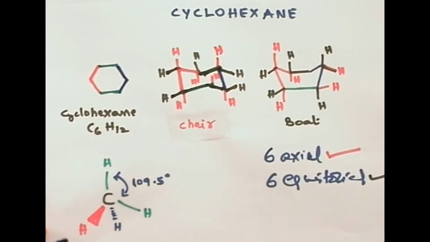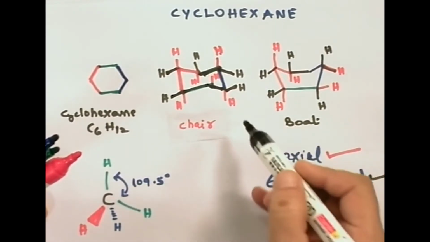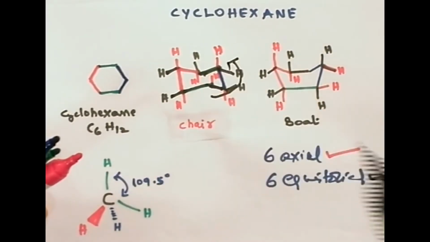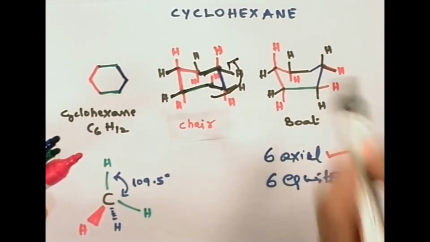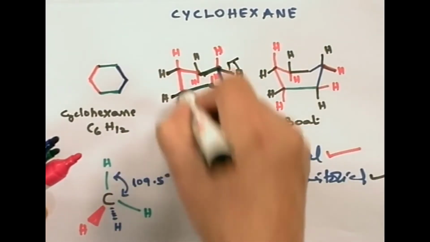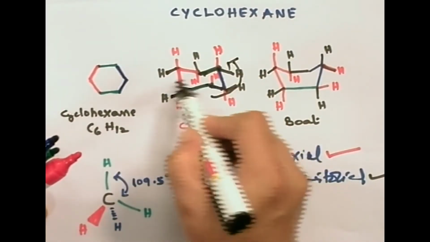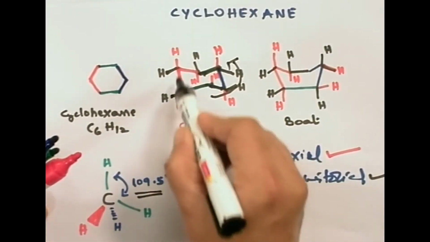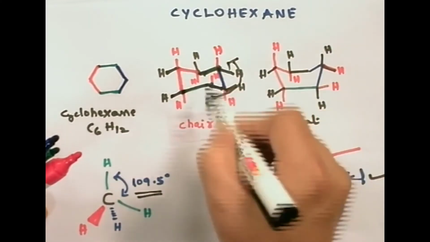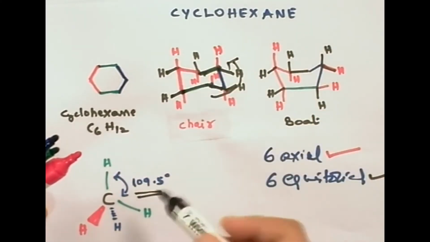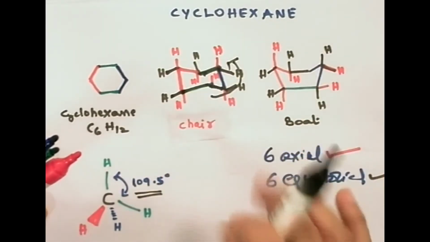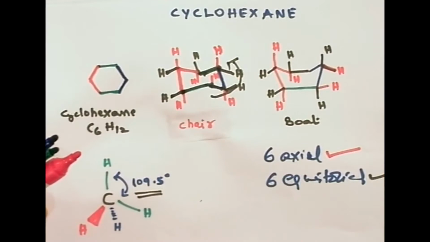This is about the chair conformation, and the other one is the boat conformation. The boat conformation can be obtained by just flipping this particular carbon to that, and you will get the boat conformation. This is the boat one. Here each carbon atom has 4 bonds. All the bond angles are 109 degrees 28 minutes, or 109.5 degrees, so these have the ideal bond angle and have no strain at all.